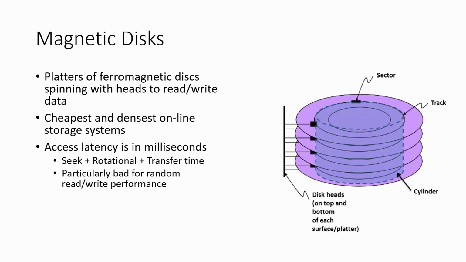Of the three times, seek, rotational, and transfer, seek and rotational time tend to be very high, especially for instances where the heads need to move across the disk multiple times. So magnetic disks are particularly bad for what we call random read-write performance. They're fairly decent for sequential read-write performance, but if a program is randomly reading or jumping across multiple pointers on disk, such as disk records that are farther apart, then that type of access latency for magnetic disks